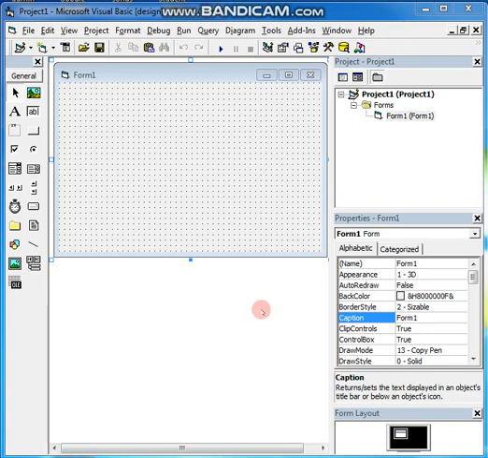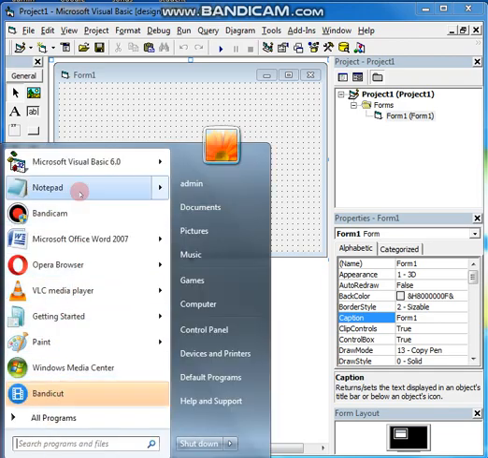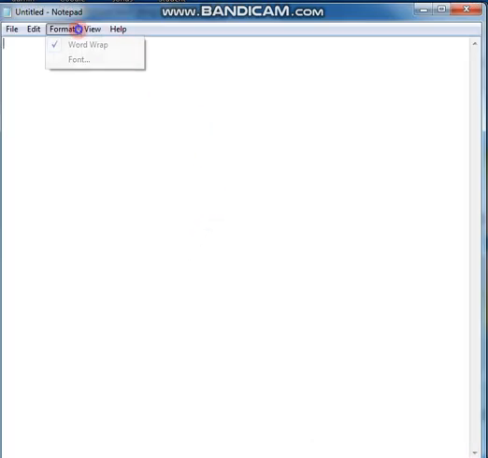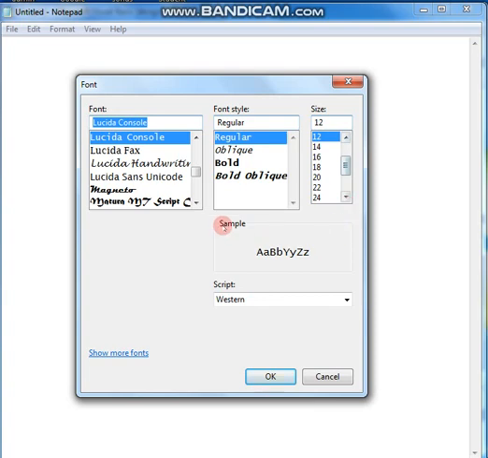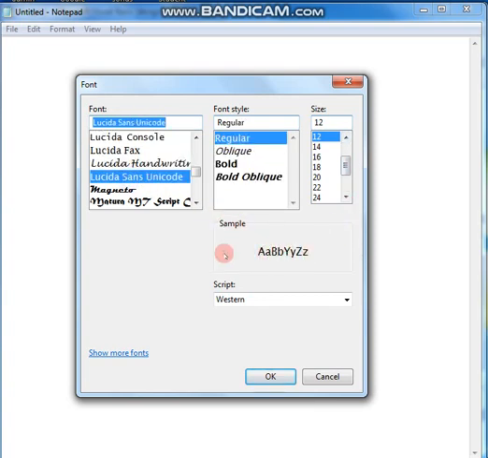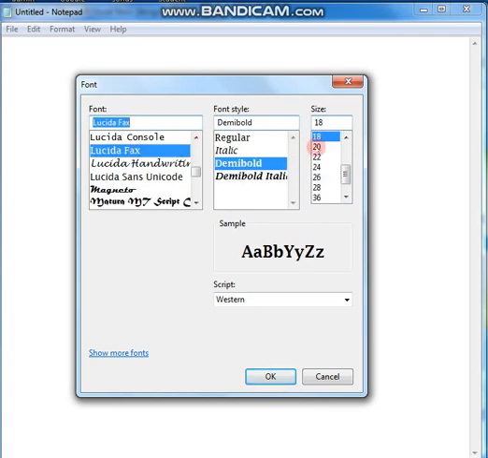Students, today we will do a small project. A small project on what? A small project on the font dialog box. Fine, this is your font dialog box. So clicking here, what is happening? The style, the font, the size, everything is changing. So that is what we are going to try today.